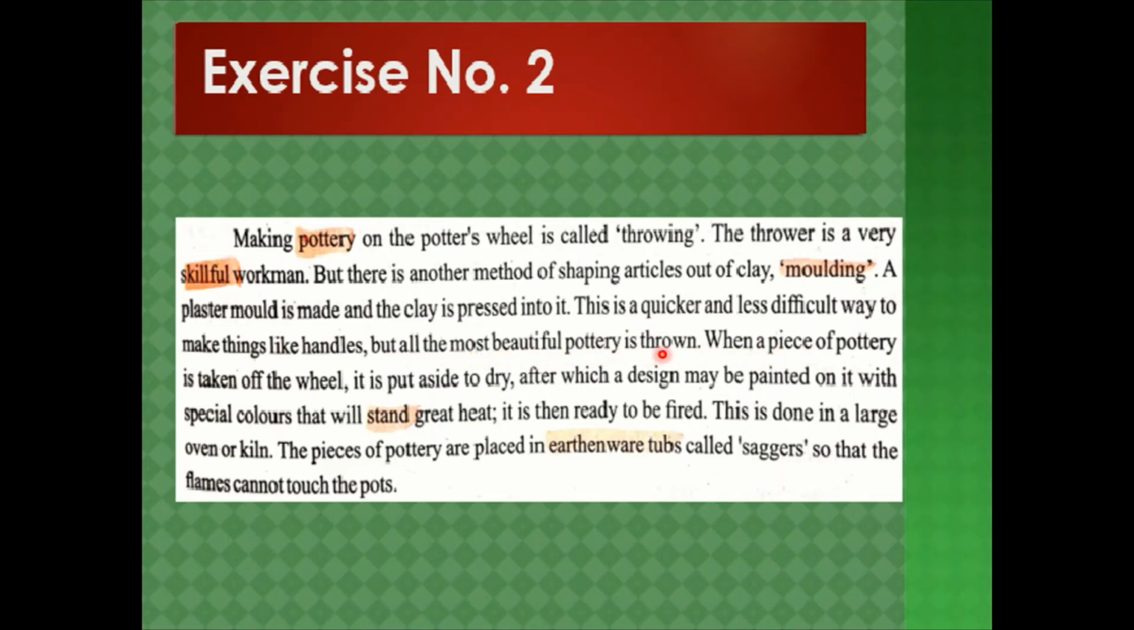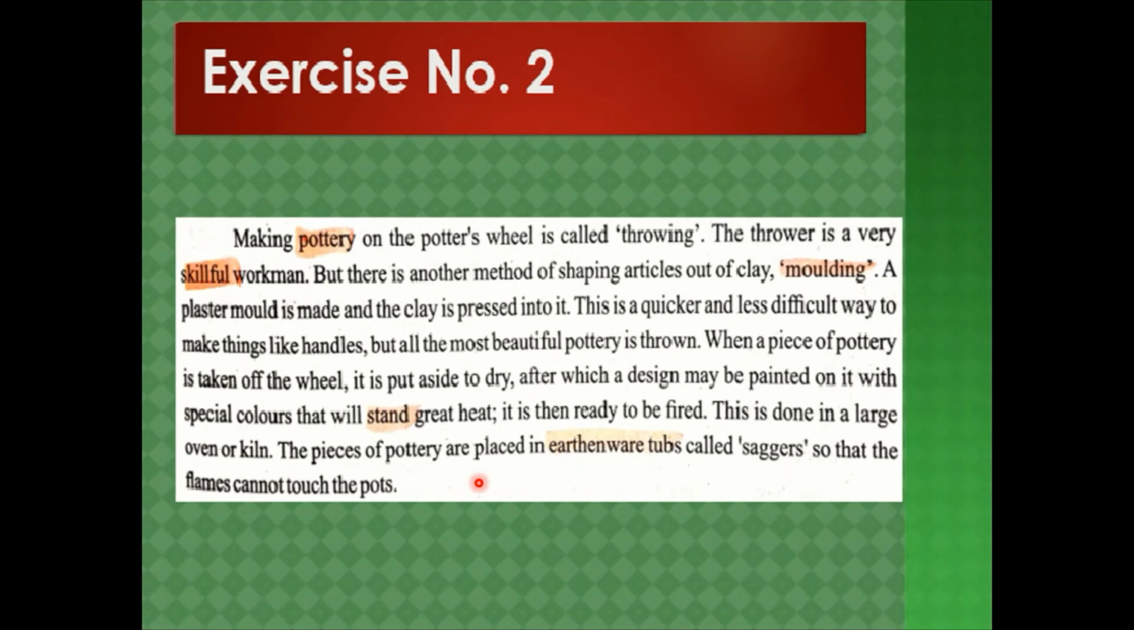When a piece of pottery is taken off the wheel, it is put aside to dry, after which a design may be painted on it with special colors that will stand great heat. It is then ready to be fired. This is done in a large oven or kiln. The pieces of pottery are placed in earthenware tubs called sagers, so that the flames cannot touch the pots. So you see that